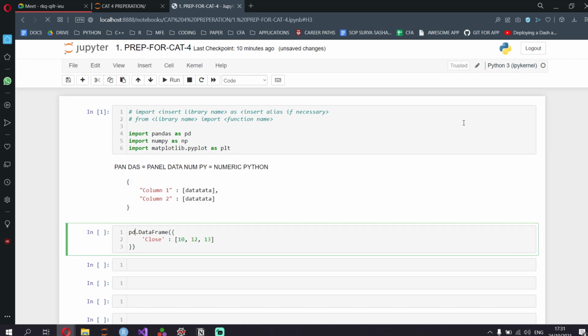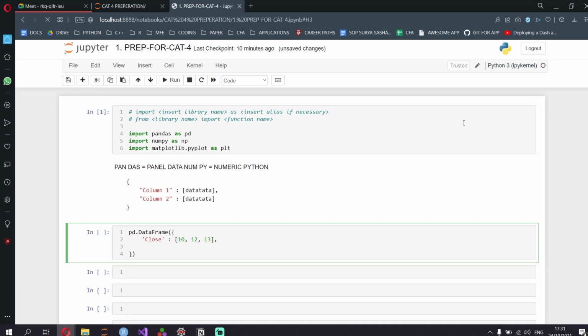Okay, so over here, if you want me to create one, we can put close price, or we can put volume itself. Okay, volume, yeah, this is much better. This will give me a better example: 20, 30, and 50. So I'm creating a pandas data frame.